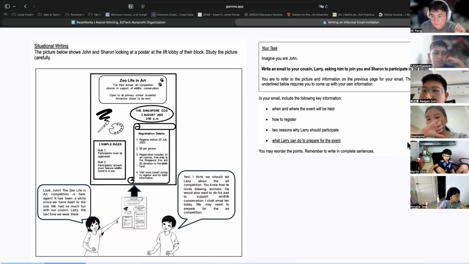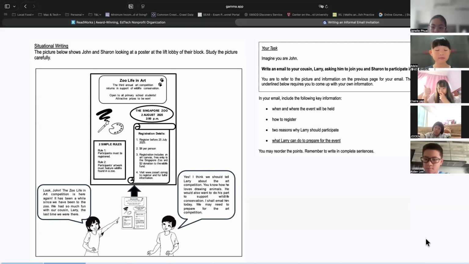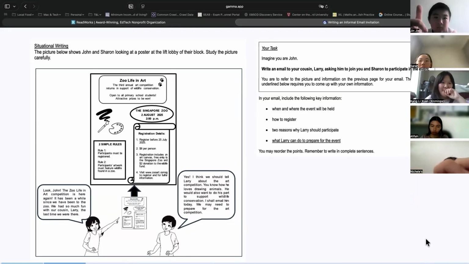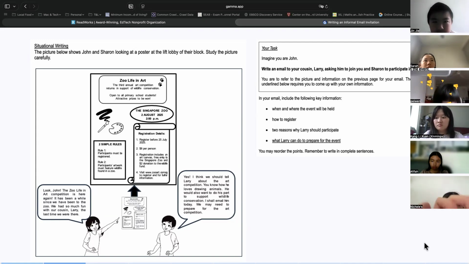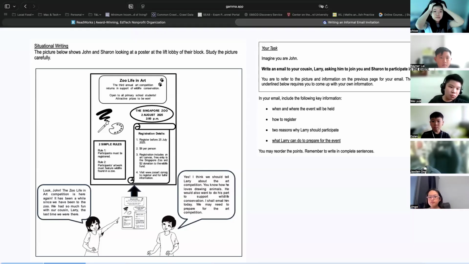Okay, I see quite a number of thumbs up actually. Okay, so the good news is that they won't penalize you if you give more. But will they penalize you if you give less? Yes, absolutely right. So if they ask you for two reasons, and you give three reasons,